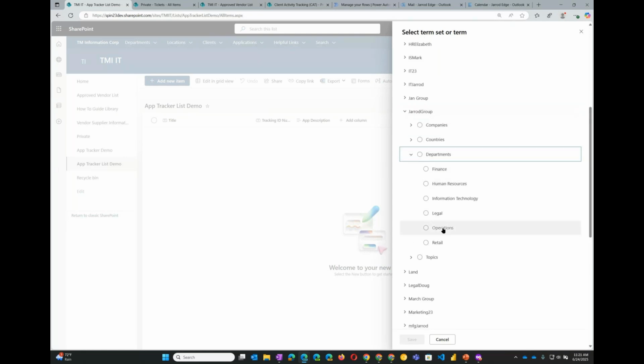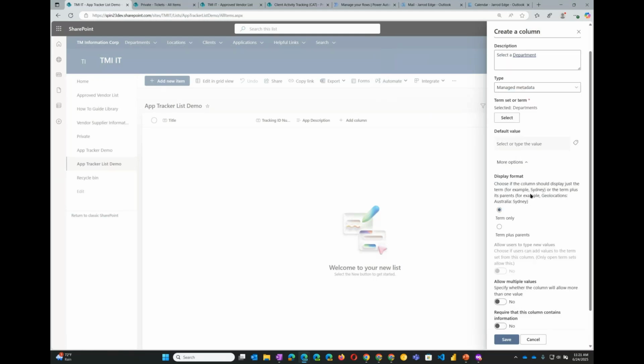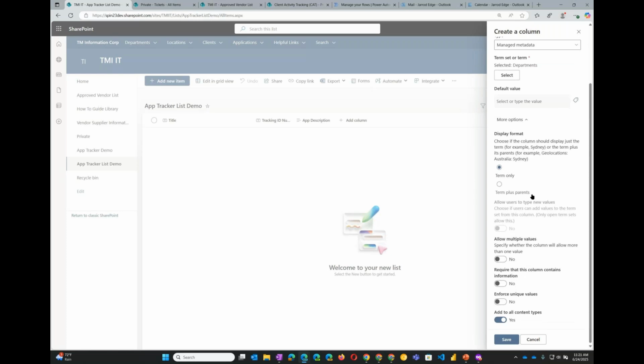So here we have this departments, what we call a term set that we created, and it's standard for our organization. So nobody else has to make and maintain their own list of departments. We can just reuse this same list of departments all over the place. It also does some other cool things as well, like helping us out with actually finding the right terms, and it lets us use aliases in a way that choices don't. So I could say, hey, I'm actually going to type in HR and have it recognize that I meant human